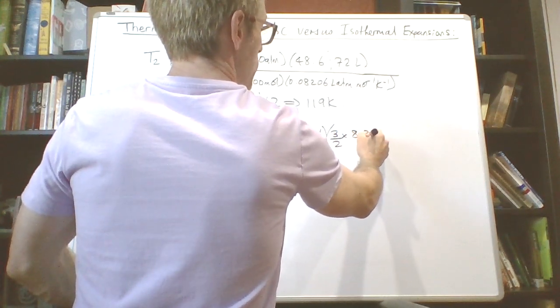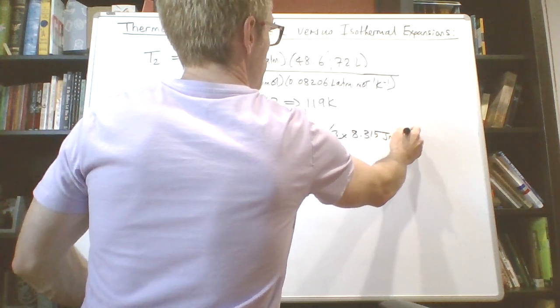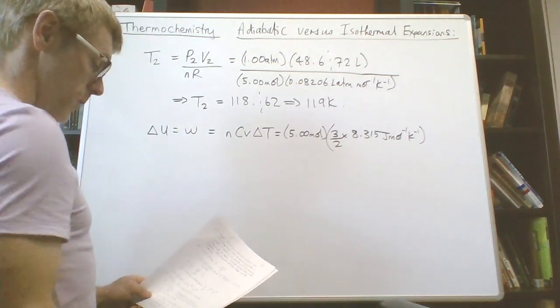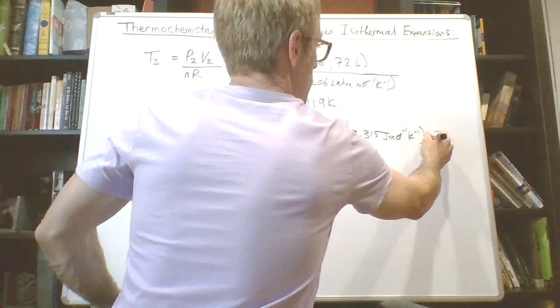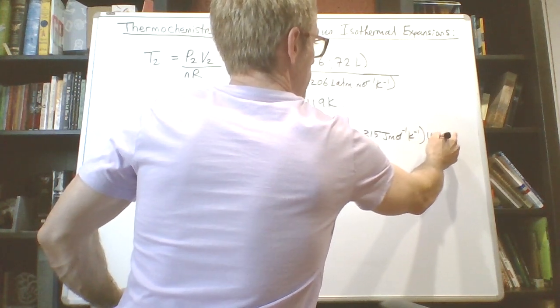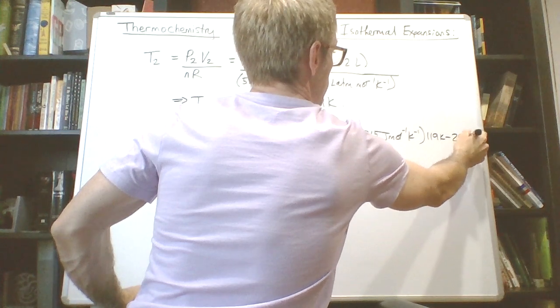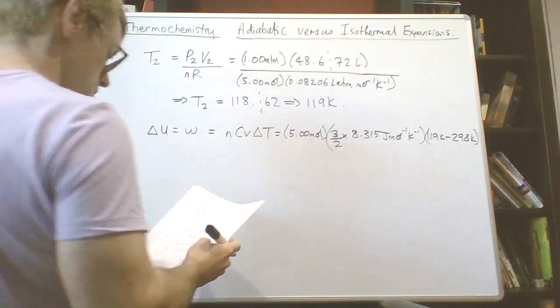So 8.315 joule per mole per Kelvin. So we have to use the appropriate value of R. And then delta T is final minus initial. So it's 119 Kelvin minus the initial value of 298 Kelvin. So that's our temperature change,